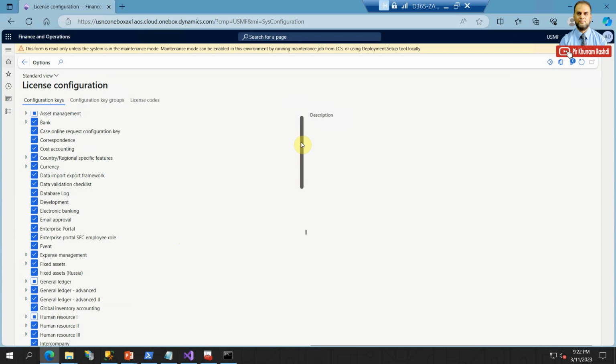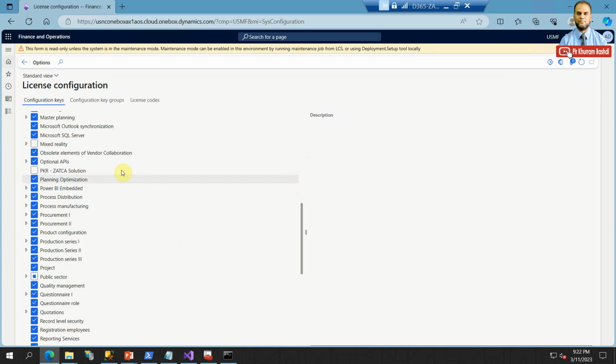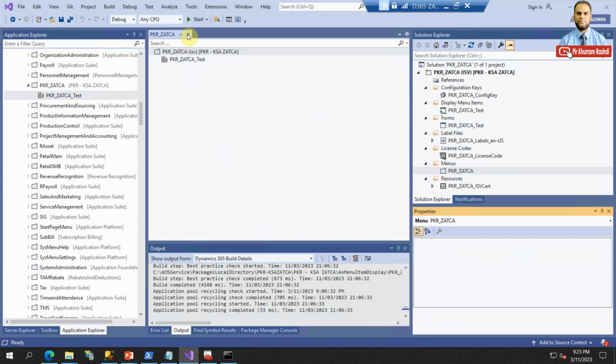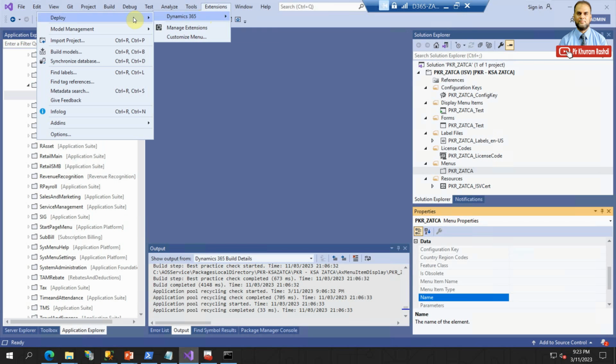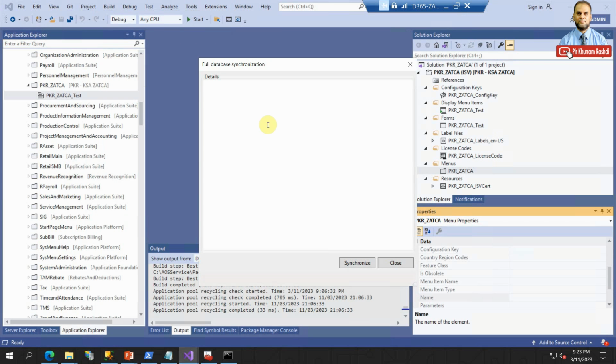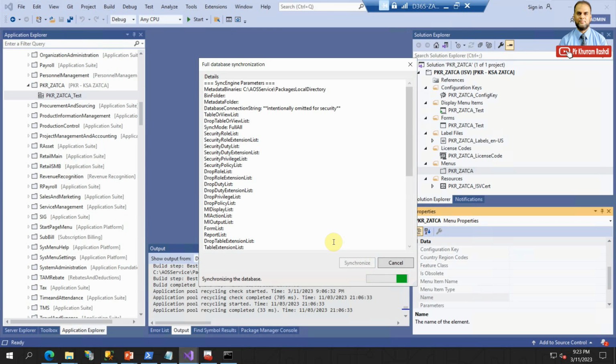Okay, now you can see in the configuration key there is PKR ZK solution, and this one is not enabled right now, and you cannot enable it because the form is read only. Okay, so you cannot enable it. So the next step will be to just synchronize the DB. Go to the extension D365 and then go to the synchronize DB and start the synchronization process. Once the DB is synchronized, the configuration key will be enabled,